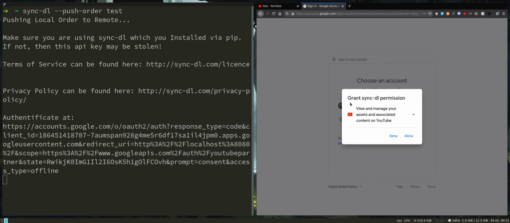Alright, so now it's asking us, would we like to grant SyncDL the permission to view and manage your assets and associated content on YouTube? So what SyncDL is going to do with this, I'll go through the entire process and go through all of the user data that is involved with it. So firstly, SyncDL uses this in the --push order command. And what this command does is it first gets the playlist item IDs of the playlist,